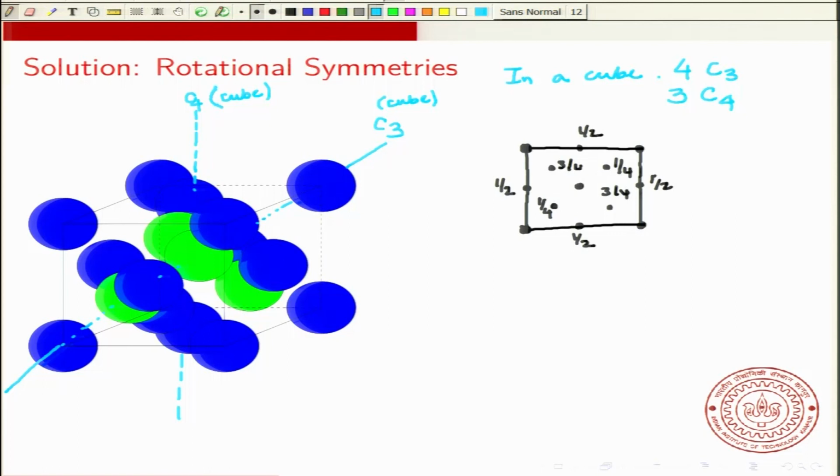Now what happens to this? Let's look at the C4. Now you can see that the C4 axis, and if you look in a plane, so if you are looking at this C4, you can see this plane, and in this planar representation you can see that C4 will take any of these points located at 1/4 and move it directly below the point that is located at 3 by 4. So if you do a C4, and in particular this is along the z direction,